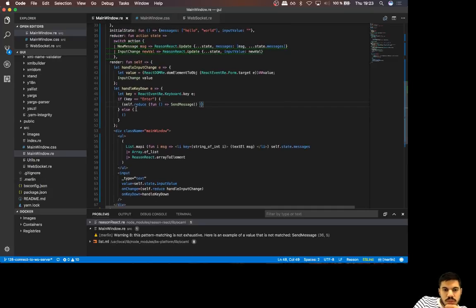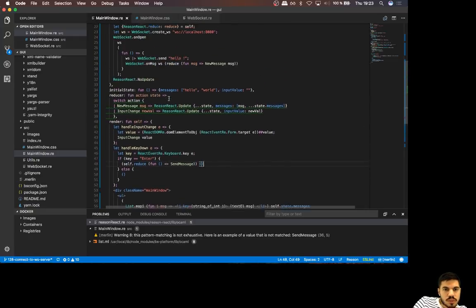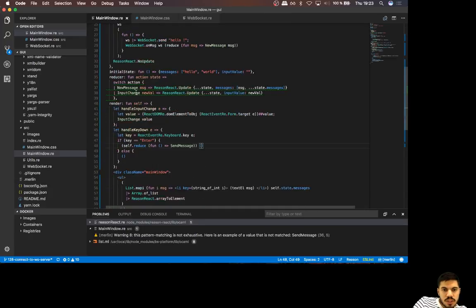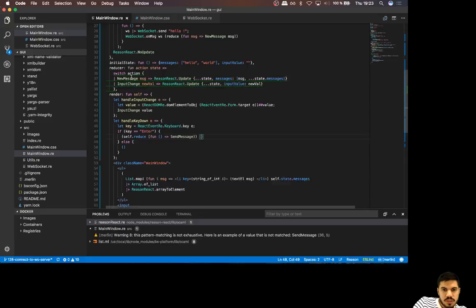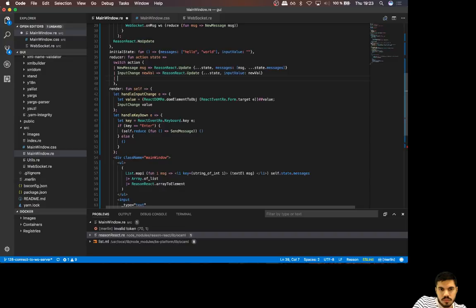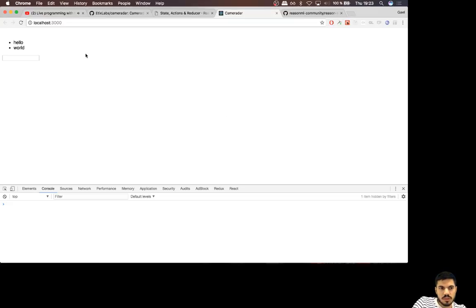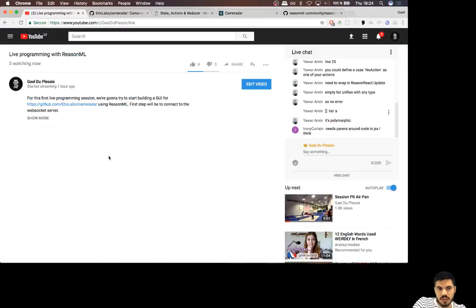So here what I'm doing is that I'm calling self.reduce, which returns a function, and then I'm calling the function. So I don't have to declare a no action that will have to dispatch in this case. So anyway, in case this happens, so send message, what I should do is empty my input. This is easy. So let's already make sure this works. Okay. And now the big question is, how am I gonna